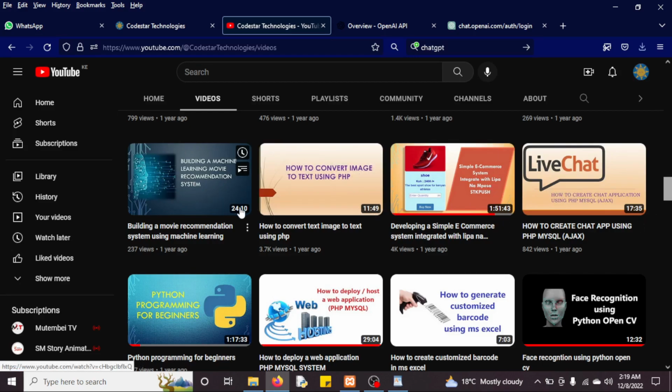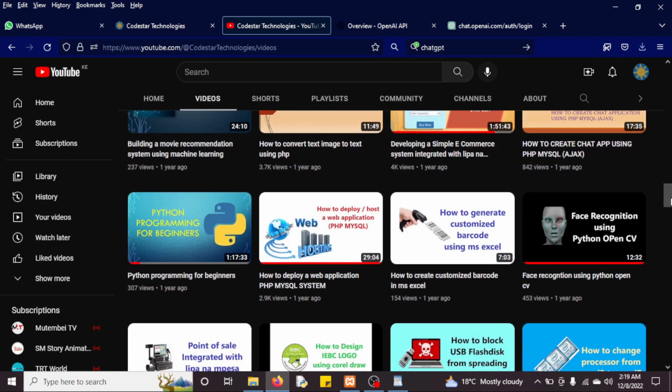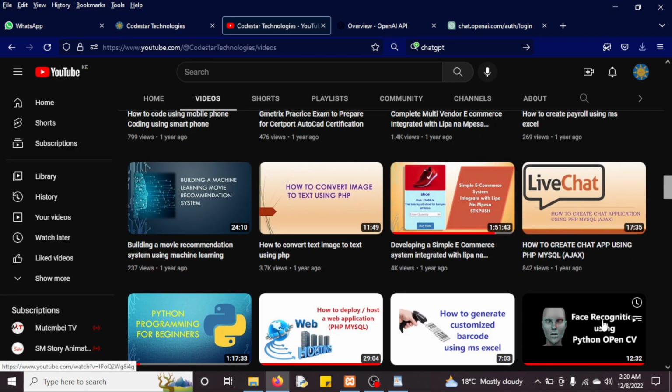So this is one of the projects that I was talking about, and you can see there is programming in Python. I also did another project about face recognition, a system which can recognize the face of a particular person. I ran this system and used different kinds of photos, like my photos from maybe 5 years ago, because obviously there is always a big difference, and they worked perfectly. It's something that you can try. Just watch and you'll find the source code even in the description of those videos.